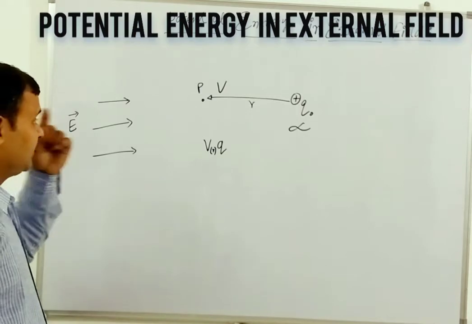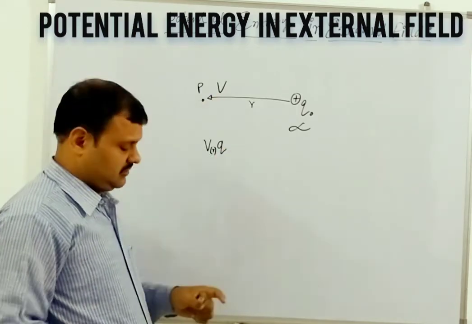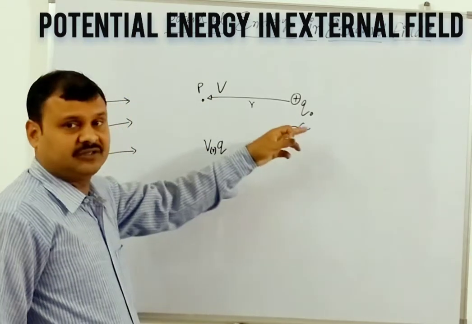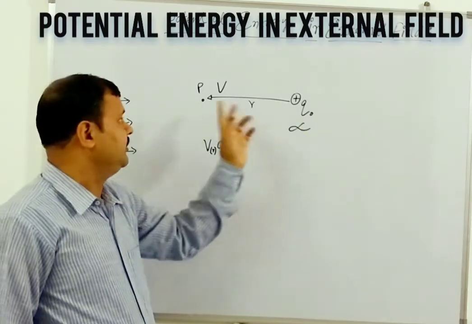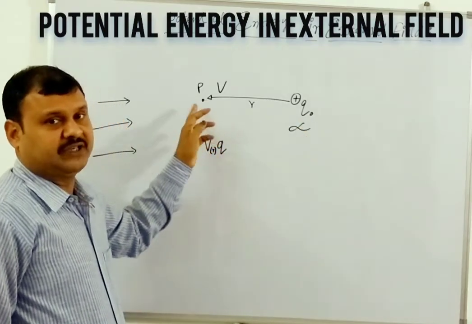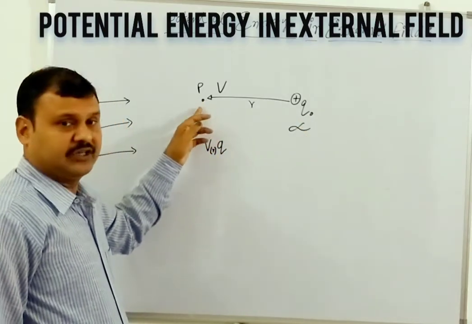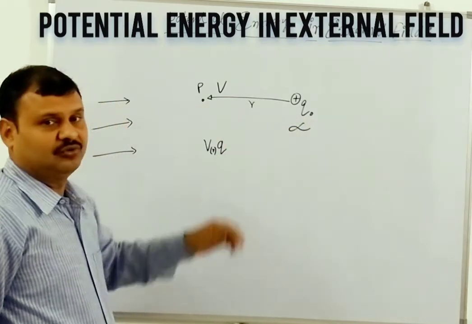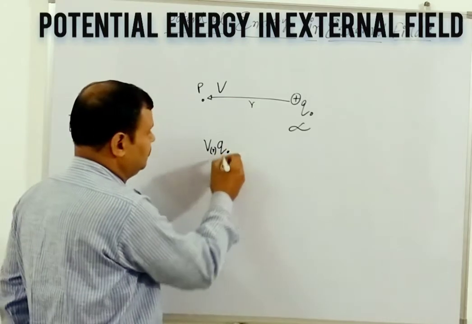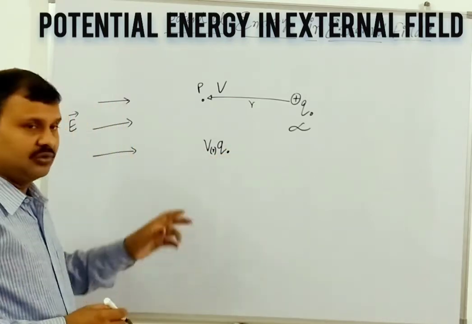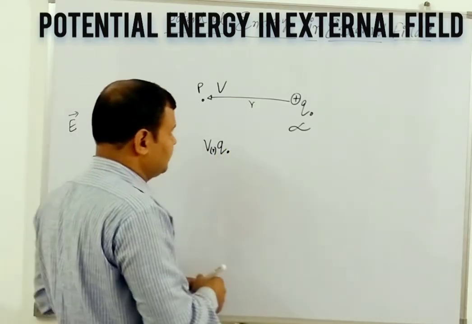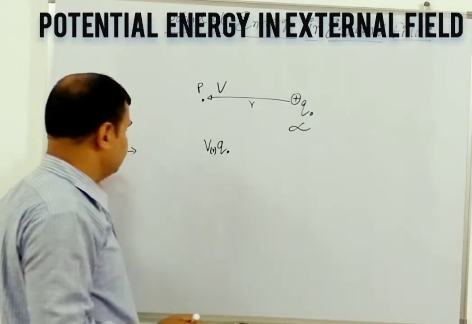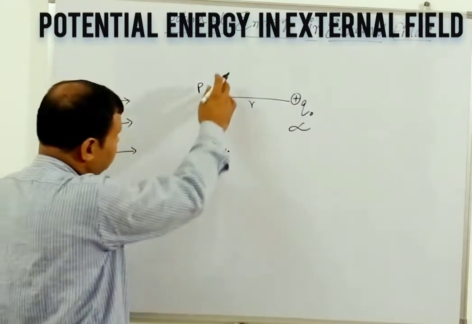It is nothing but the definition of potential: bringing a unit test charge from infinity to a particular distance takes that many joules of work. So to bring this Q0 charge, we have to do work equal to the potential times Q0. Now in the case of a two-charge system, what will happen against this electrical field? The potential is the same here.